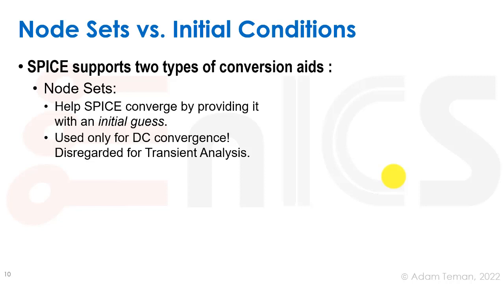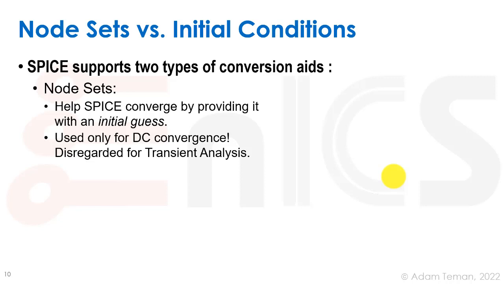The initial guess, which is a node set, will help us converge faster, but also for the case that we have multiple stable points, such as the SRAM cell, where we have two real stable points and the metastable point, putting in a node set will push us towards one of the stable points versus the others, so we can check the DC conditions when we have a 1 or a 0 inside the cell,